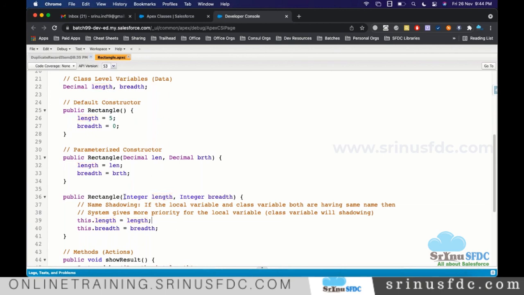Let's say you are supplying 10 and 20. You supplied 10, now you are replacing the 10 with this value, which is null. So this is replaced with null, but this is still null and won't be initialized. That is useless if you write it. If you want to, you can write it, but it is useless for this current requirement.